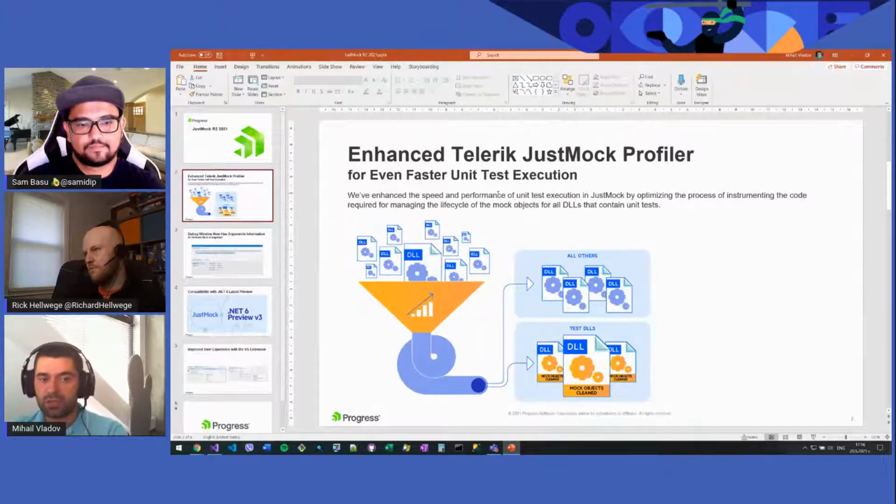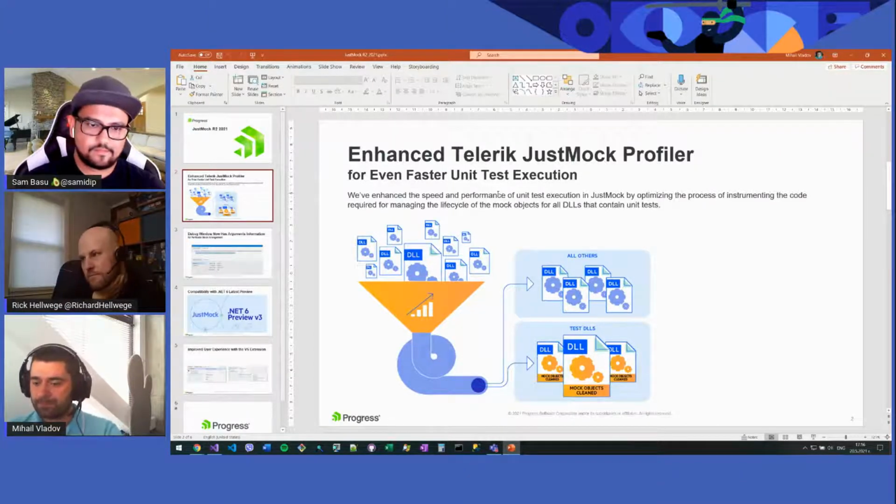With this release, we continue the enhancement of the JustMock profiler by optimizing the way our functionality for managing the life cycle of the mocked objects is done.